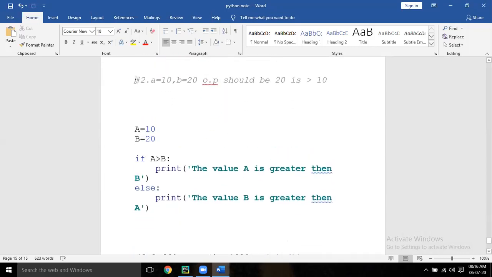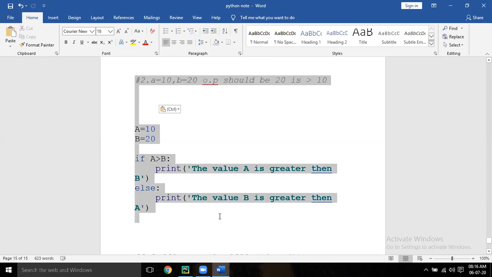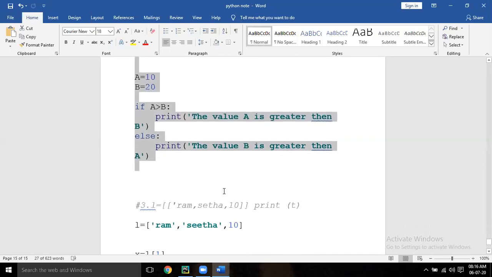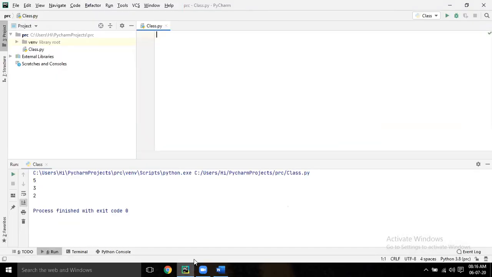Second one. And you should not do that string one. Don't give that quote. If it is a string, then you can do it that way. But if it is a number, you should not. Now,